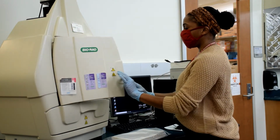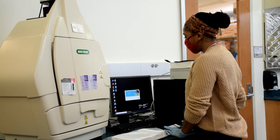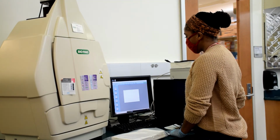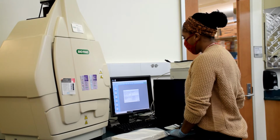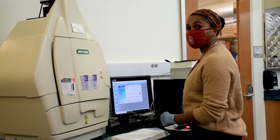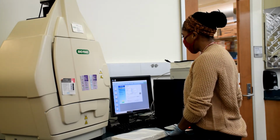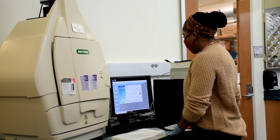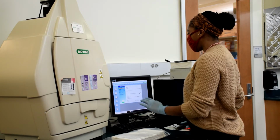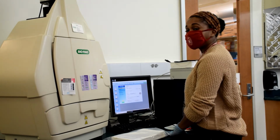I'm going to keep the doors slightly open for the moment. Open up my software. Now I'm going to set up what the protocol is to image my filter paper. So I have to select an application. And then select the type that I'll be using to image the paper. So in this case, it will be rubidium bromide. Then I'm going to select the size